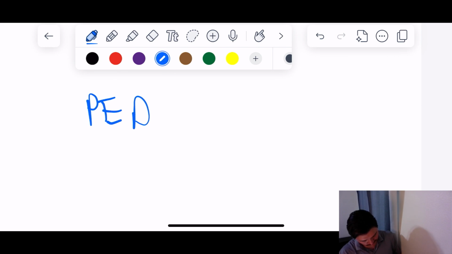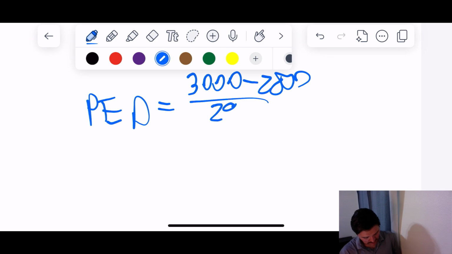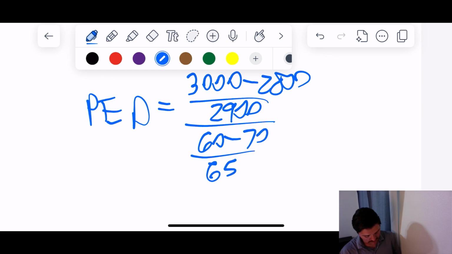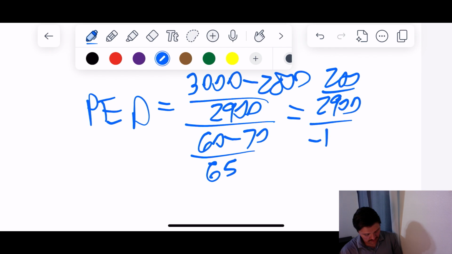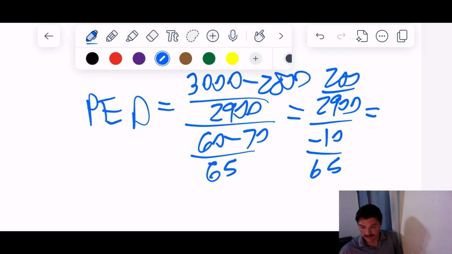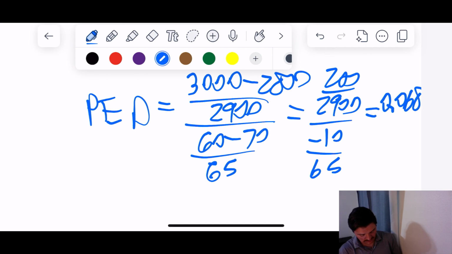So again, we did 3000 minus 2800 over 2900, and then 60 minus 70 over 65: 200 over 2900, negative 10 over 65. And again, it's top down, same format as before. So that's going to be 0.068